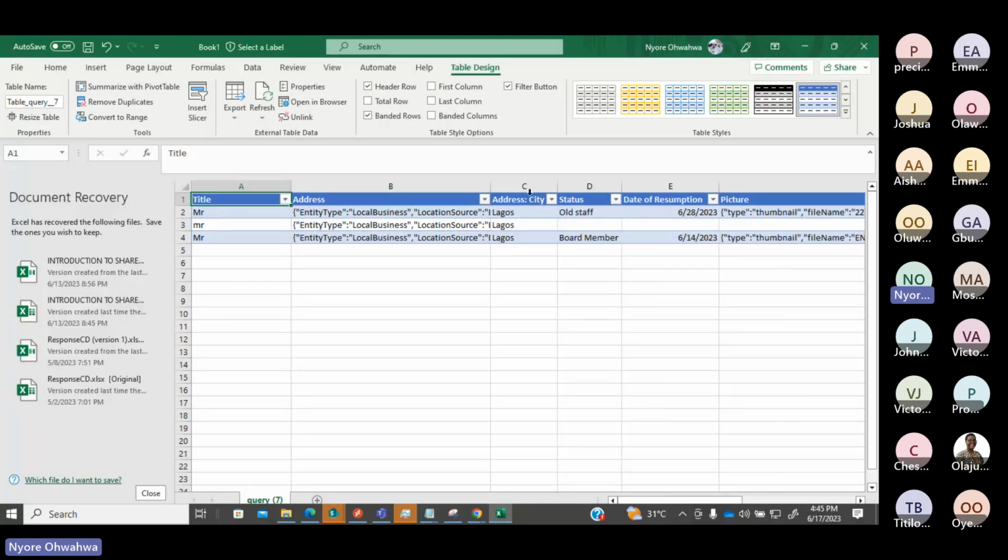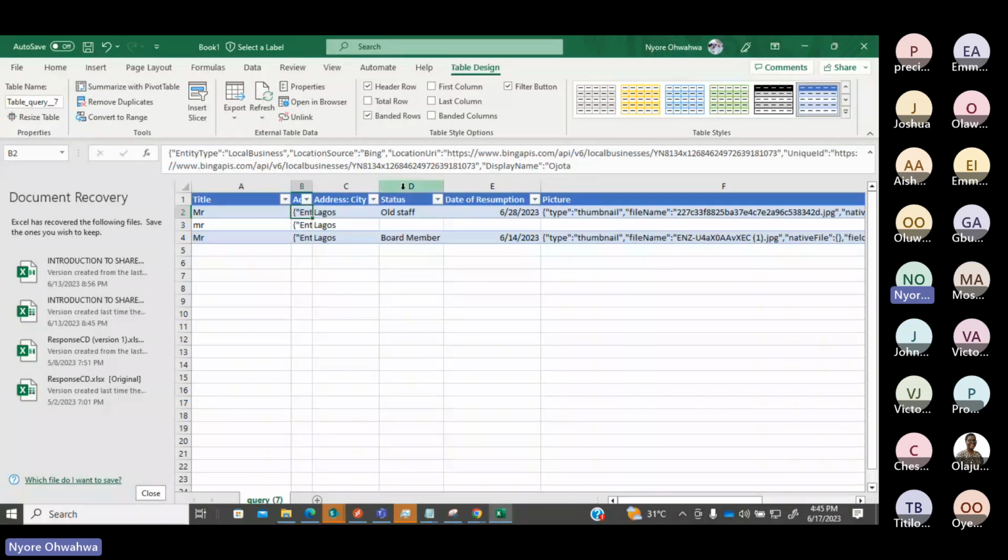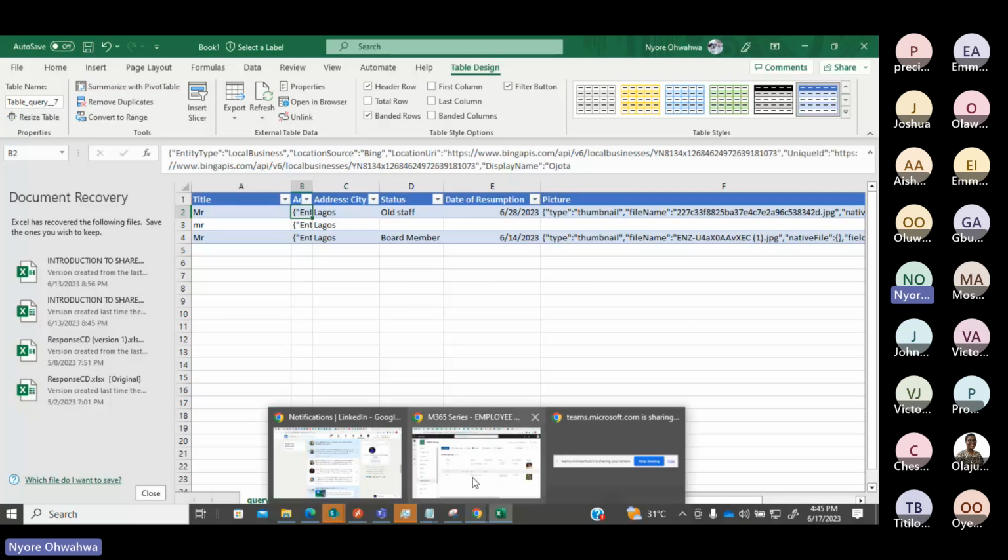So it exported this list, but not how I wanted it to export. This is pictures, it's showing just this. Okay, so let's say you can't show this normally. So I've exported this and it shows all of this in the Excel that I have exported it to.